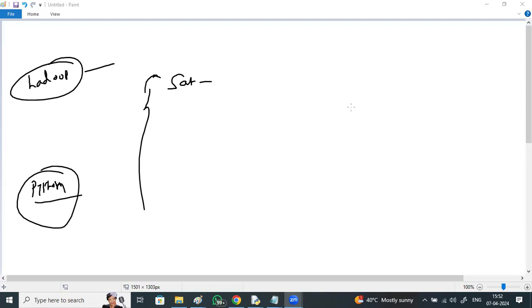Meanwhile you can go with Hadoop and Python. This batch will continue with Hadoop and PySpark. You can go parallelly, or one after the other, or both in parallel.